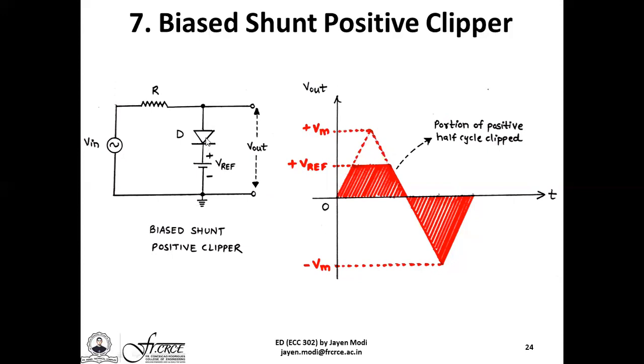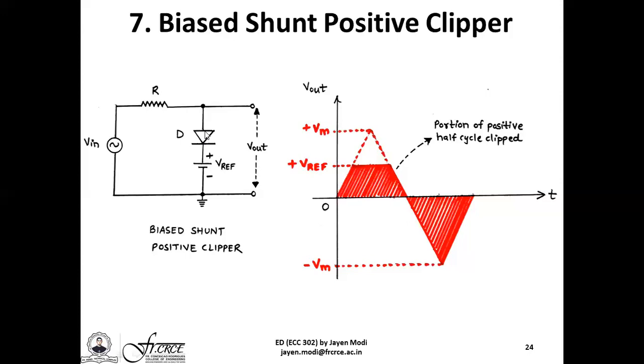The only way to make this diode work is that the AC input signal should be of a sufficient amplitude so as to overcome the reverse bias voltage applied due to the battery voltage Vref. So here, during the positive half cycle, we have the topmost part as plus and the bottommost part as minus. So during the entire positive half cycle of the AC input signal, for the case where the amplitude is less than the DC reference voltage source Vref, the diode is effectively acting like an open circuit. It is reverse biased. It is not able to conduct any current through it.